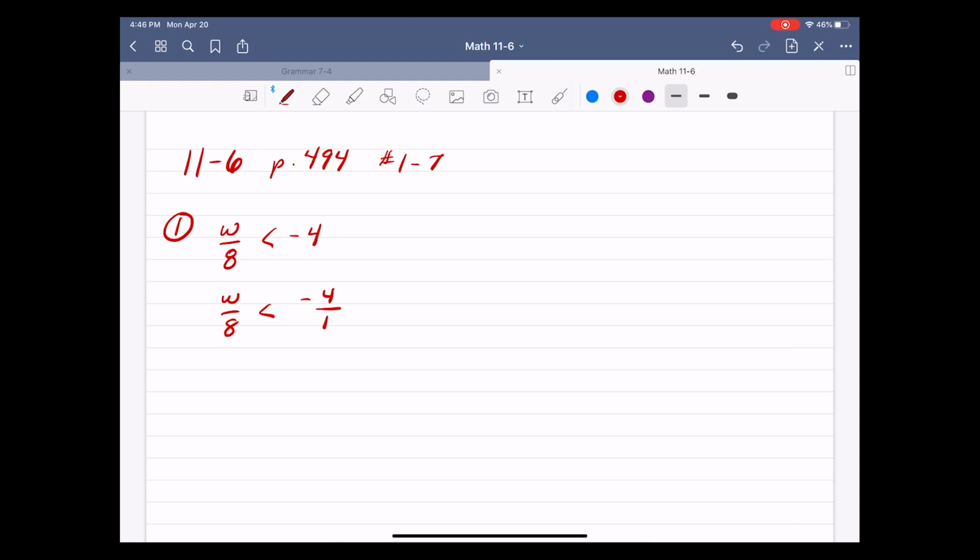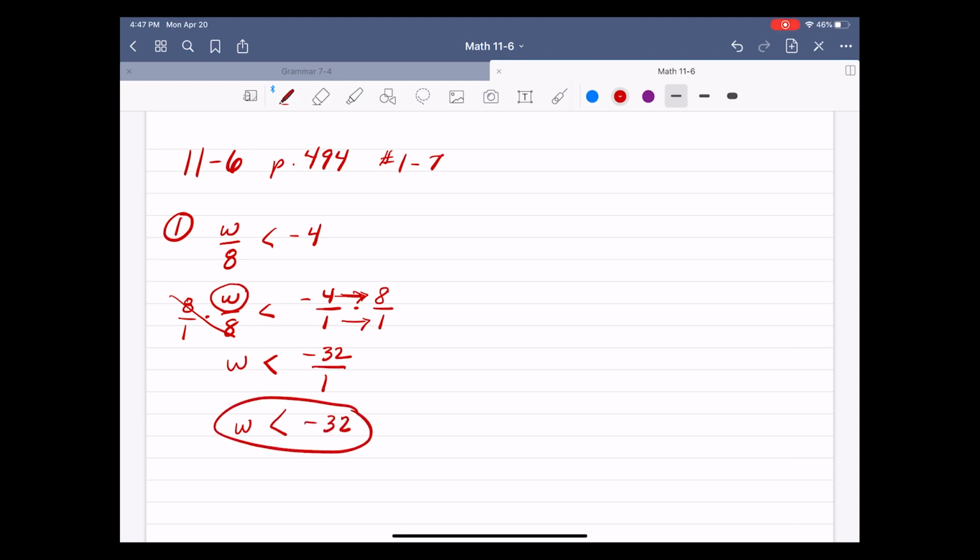I want to get rid of this 8 on the bottom so that my W can be by itself. If I multiply by 8 over 1 on the left, I have to multiply by 8 over 1 on the right. Notice I'm multiplying by a positive, so the sign is going to stay the same. This over here is W over 1, which is just W. Straight across, negative 4 times 8 is negative 32. 1 over 1 is 1. W is less than negative 32. Number 2,